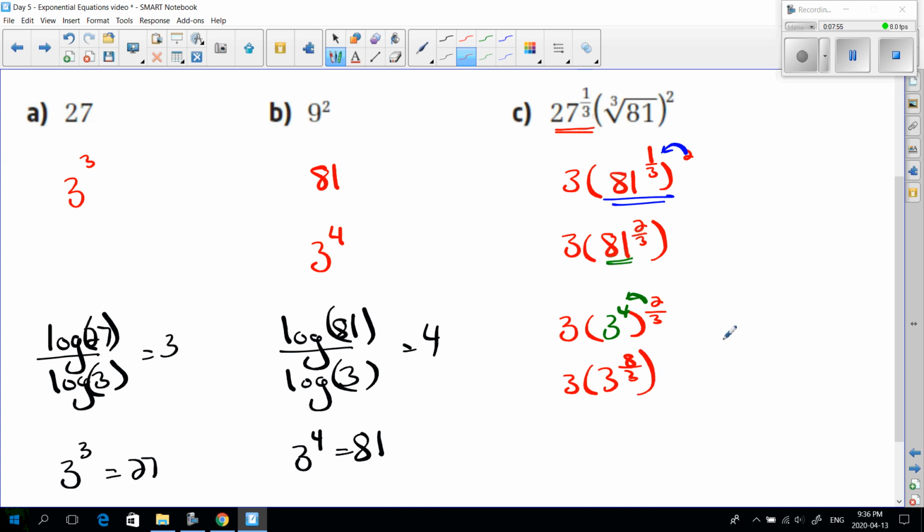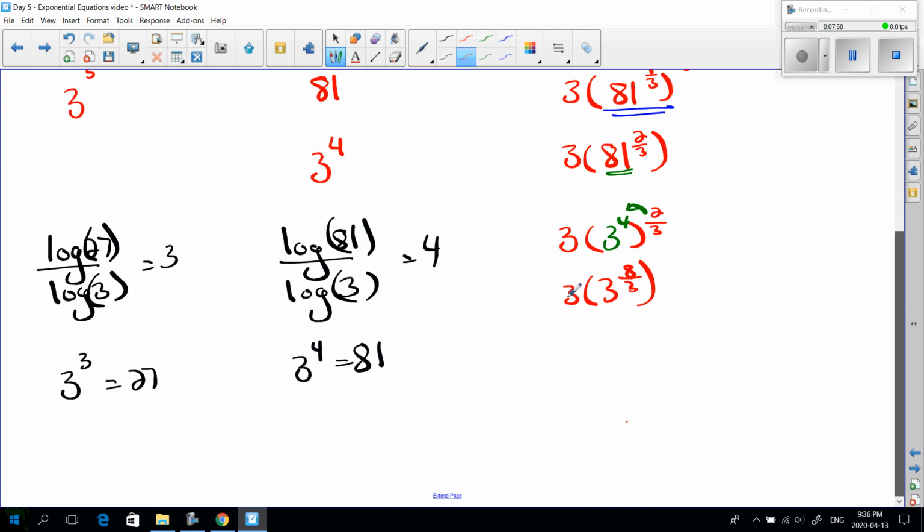Over 3. Now I have 3 to the, well, what's the rule here? What am I doing to this 3 and this 3 to the 8/3? I'm multiplying them. And what's the rule when you multiply powers with the same base? They both have a base of 3 in this case. Well, you write your base down, and then you add the exponents. So it's going to be something plus 8/3. Well, what is the exponent on this 3? If it's not written, it's understood to be a 1. So I'm going to go 3 to the power of,